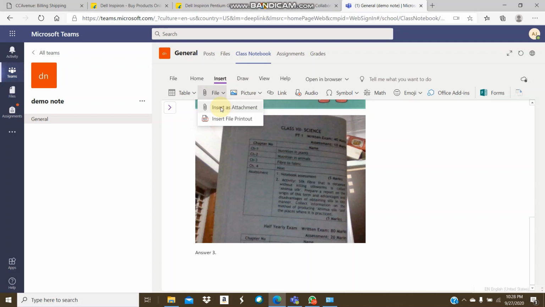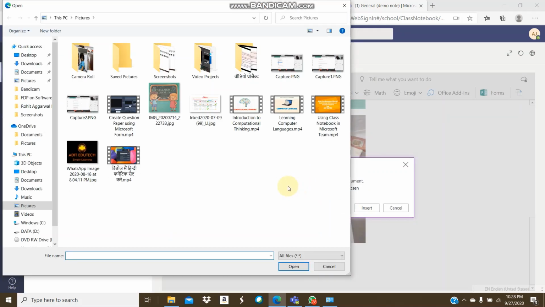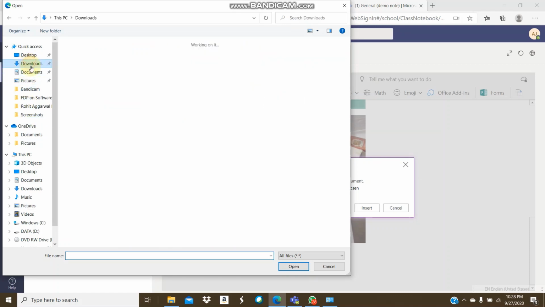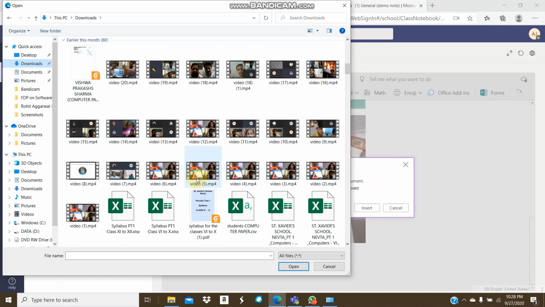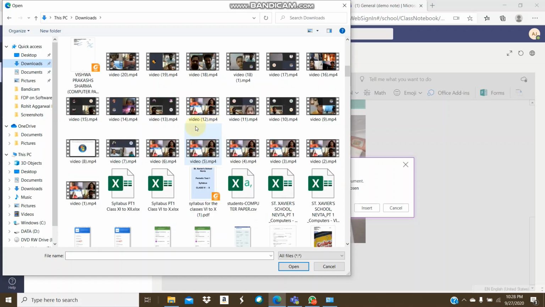So instead of inserting an attachment for a PDF, insert file printout. Click on insert file printout, choose file, and search for your PDF. I have a PDF file with me, suppose some syllabus is there.